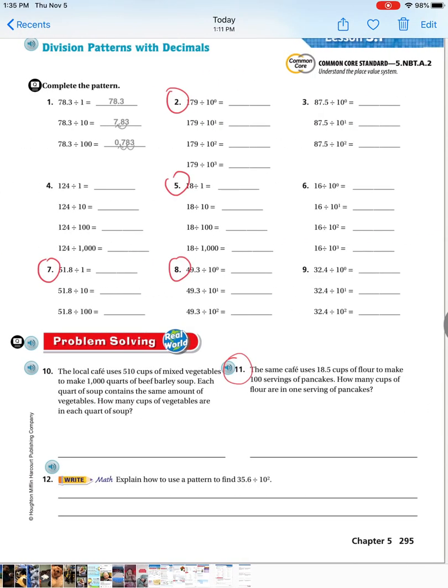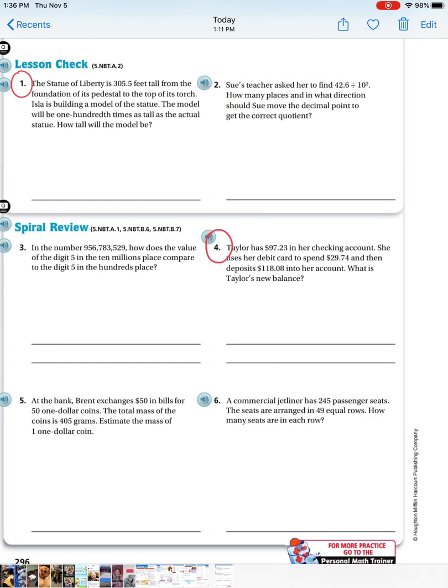Number 1 and 4 on page 296. Okay, so on page 295, you're working on 2, 5, 7, 8, and 11. And on 296, you are working on 1 and 4. If you have any questions, please reach out to me. Go ahead and work on your math homework, and then you're going to go back to our sites page and fill in